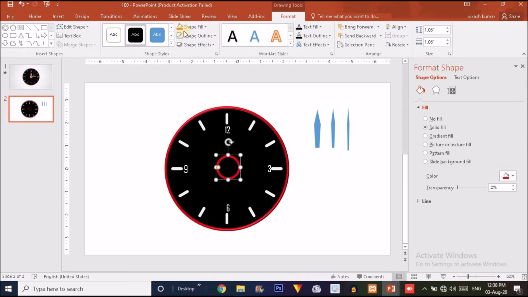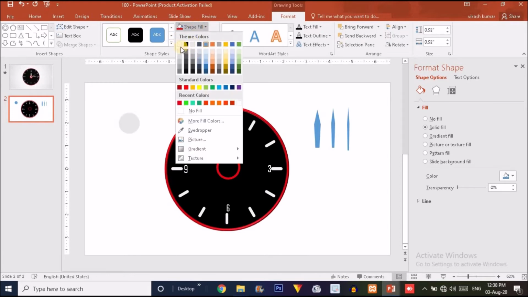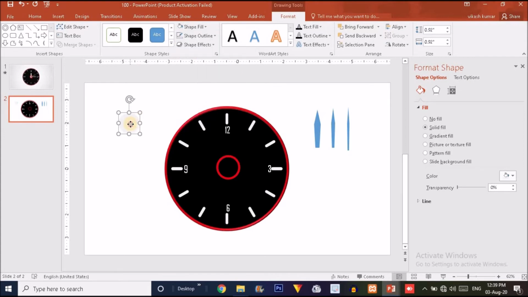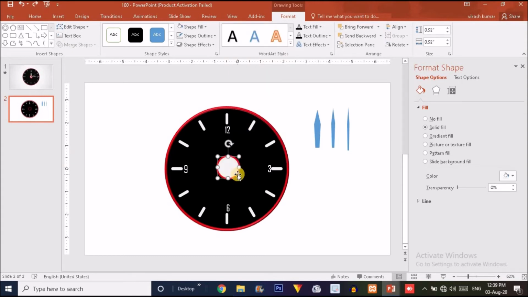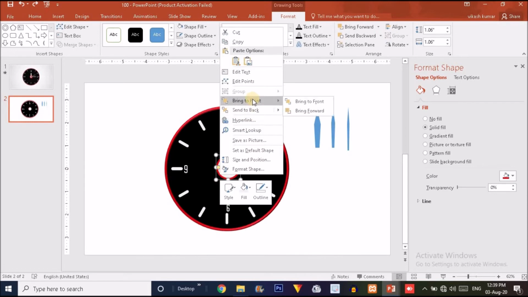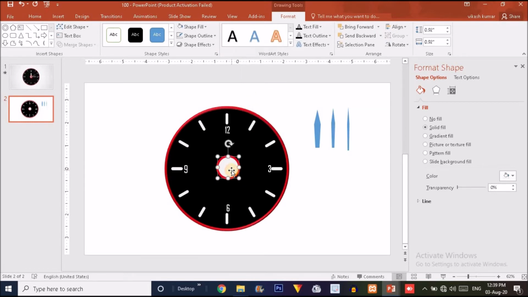Okay, and now I'm again going to choose an oval shape option over here. Press Ctrl and Shift and drag an oval shape like this, make it no outline, and choose a white shape for this, or maybe this shape. Drag it over here, send it to back, then click on the donut option, means the red outline, and bring it to front like this.